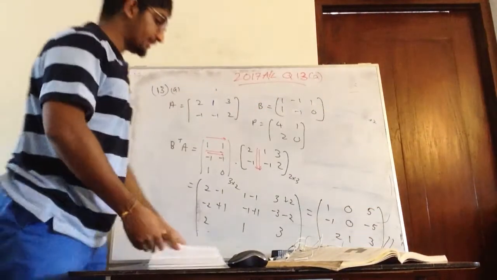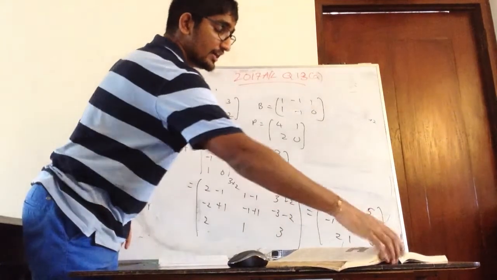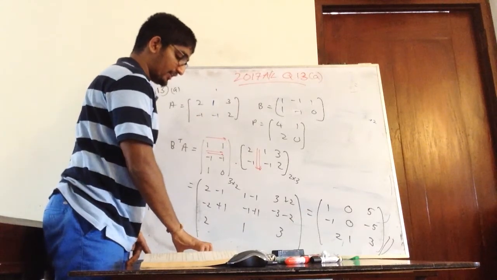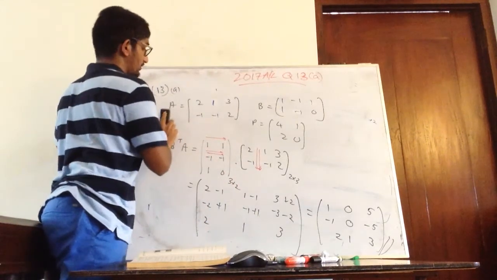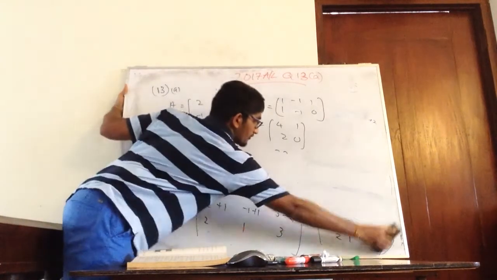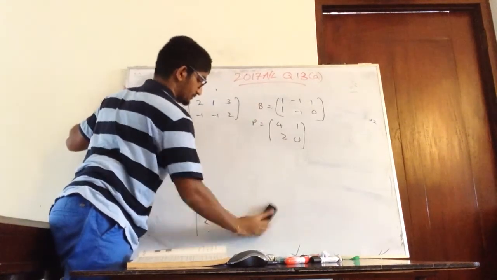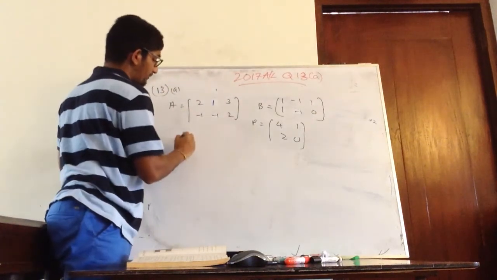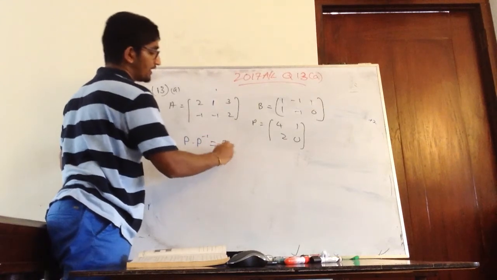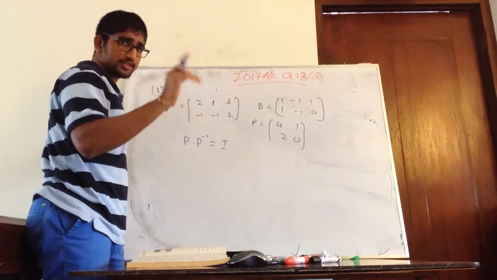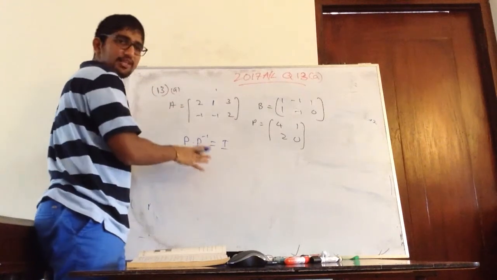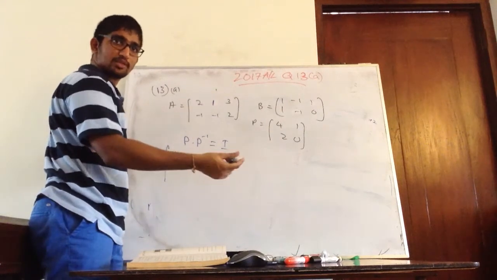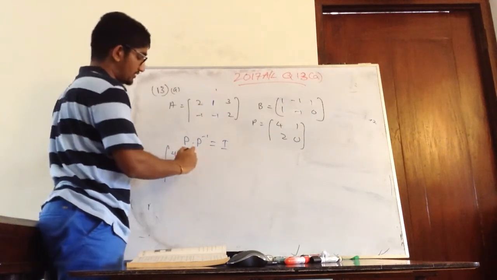Right. So what are they asking next? So they are asking us to find P inverse. Right? So let's find P inverse. Right, so what is P inverse now? I can write P times P inverse as I know, or you all can use the inverse formula, right? This is more safe, so I'm going to use this. Even if you all don't remember the P inverse formula, you can use this and get the answer.